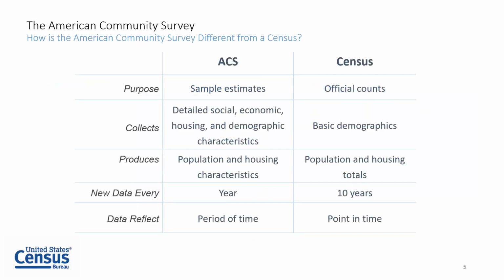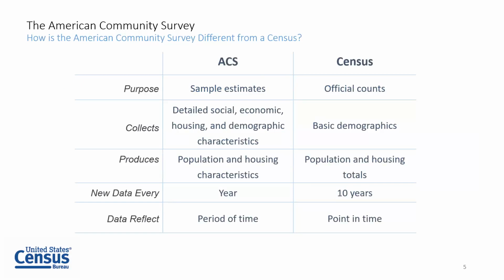When you think of the Census Bureau, you might think of the decennial census that happens every 10 years, most recently the 2020 census. To familiarize you with the ACS, let's compare the ACS with the decennial census. ACS estimates are based on a sample of the population, whereas the census is based on the official count of